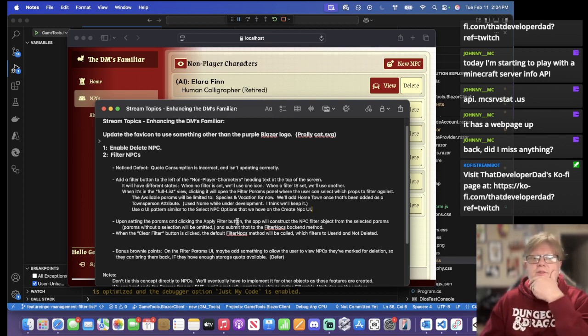Setting the params, clicking the apply filter button, constructs, yeah. We got it. When the clear filter button is clicked, which filters to user ID and not deleted. Perfect. All right, so